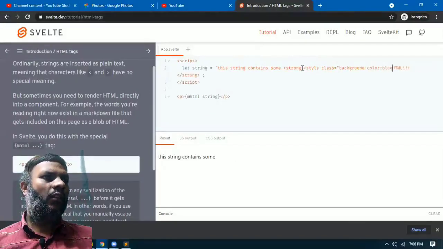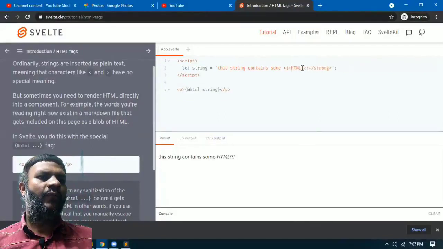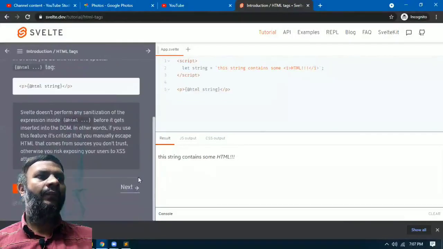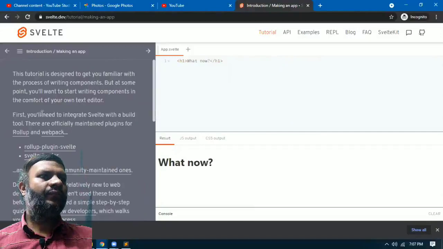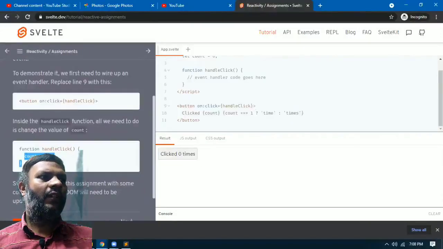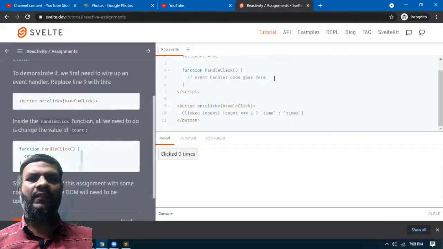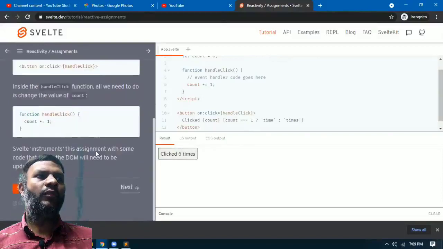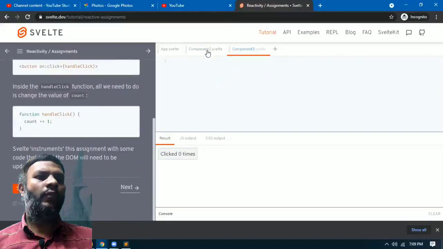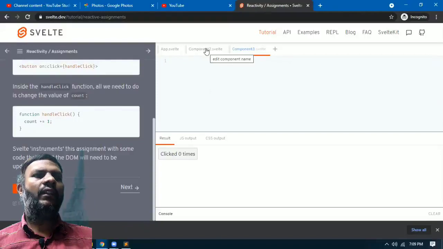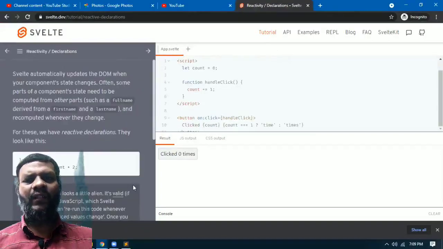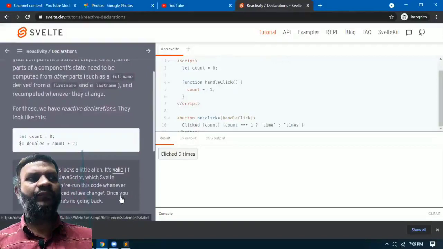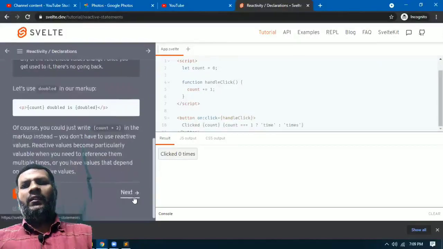By the way, there is an option to create multiple Svelte files and link them with the original file. If you go there, I can create multiple Svelte files which should be compiled as JavaScript. So I have to just import. I can import the file using the name, and then start using the functions in it. That's a cool thing about Svelte.